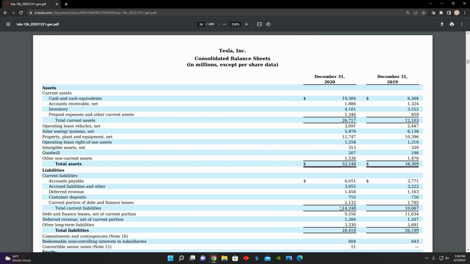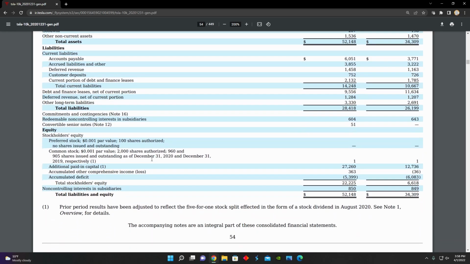All of these financial metrics that we see in these two columns are reported in millions. So whenever we see something like cash and cash equivalents 19,384, what that really means is $19,384,000,000. We just multiply all of these by a million, and that gives us the actual value for these individual line items. And we can see that the balance sheet is broken up into 3 parts: assets, liabilities, and